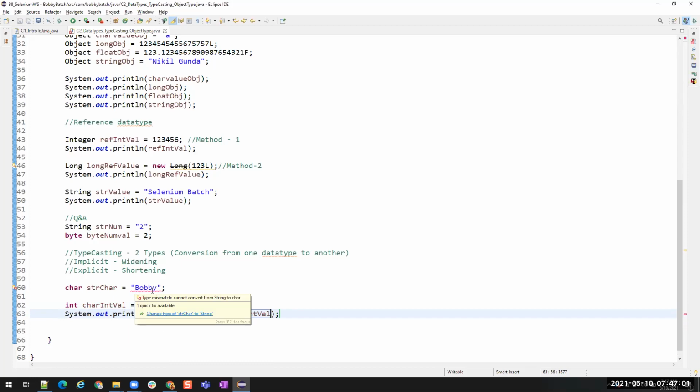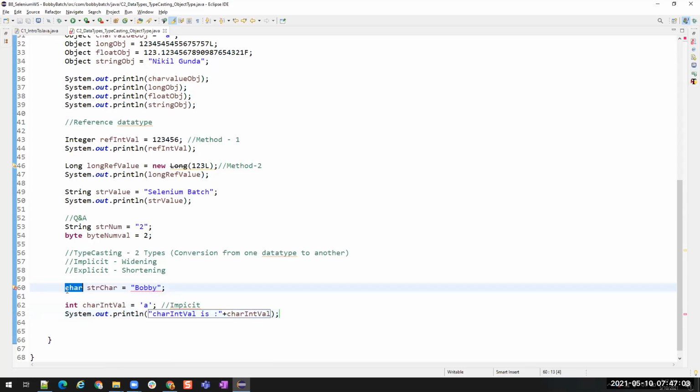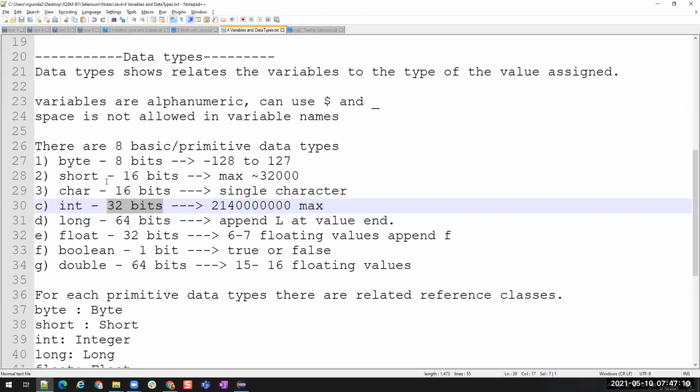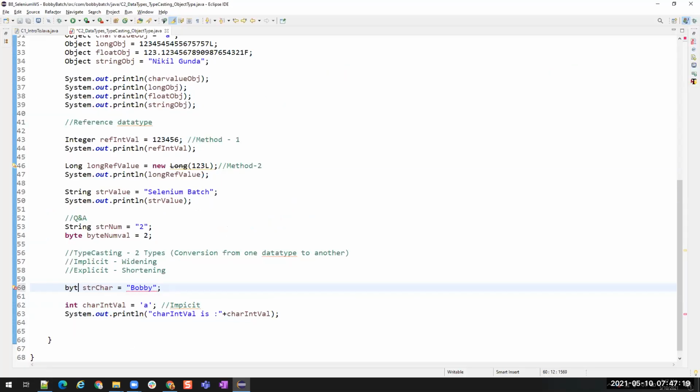But you see here, I am unable to convert a string to a character because string is going to have a higher memory, or let us ignore string to character. Let us take from the primitives itself. So let us store a long value inside a short or byte.